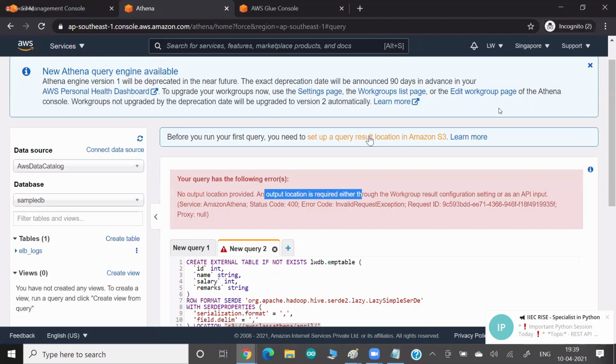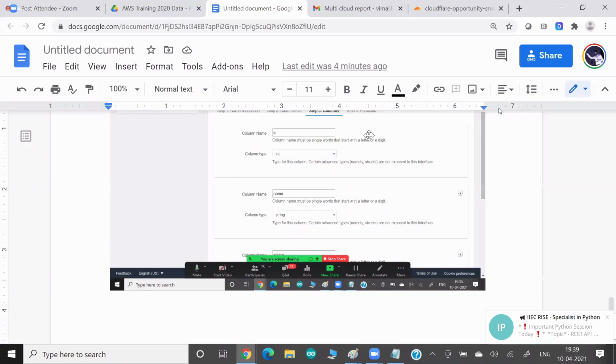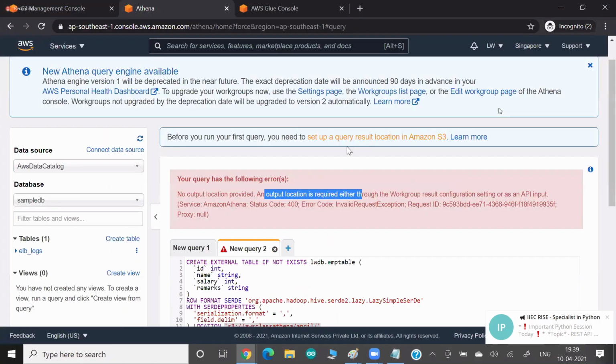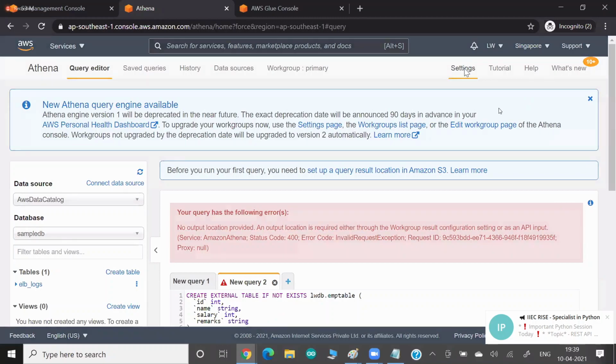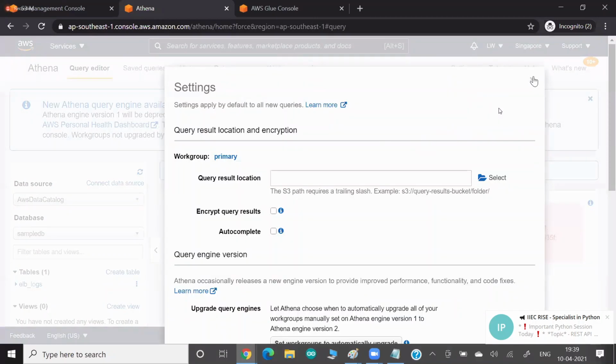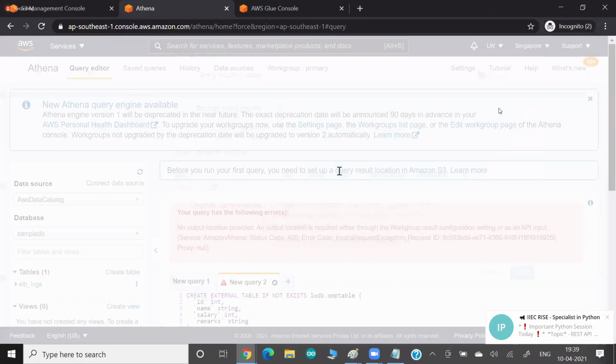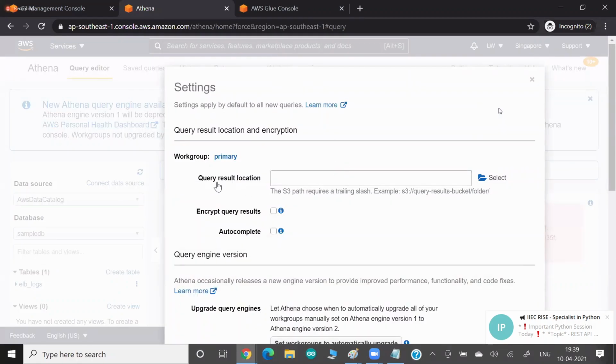So whenever Athena gives you any output, you have to store it somewhere, so you have to set this up the first time. There's a link here, or maybe at the top in settings also you can go to set this up initially. Here I have to click here. You have to select where your result will go, and normally, guys, you store the result in S3 only. So what I'm doing here in S3,